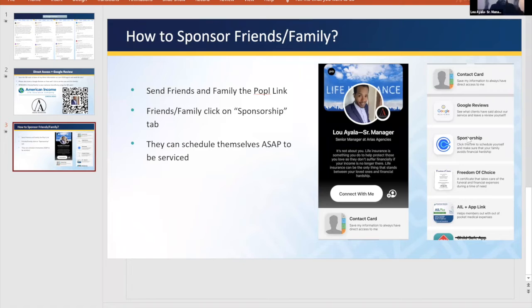It'll open up, and that's where you will see my big head, my big nose, and my big hair at the end of the day. Sorry for the bad hair day, right? But basically it makes it easy for me to roll those quality referrals so that way they're right on the schedule. Okay. But these are a couple of different ways that you're able to incorporate Popl into your presentation,